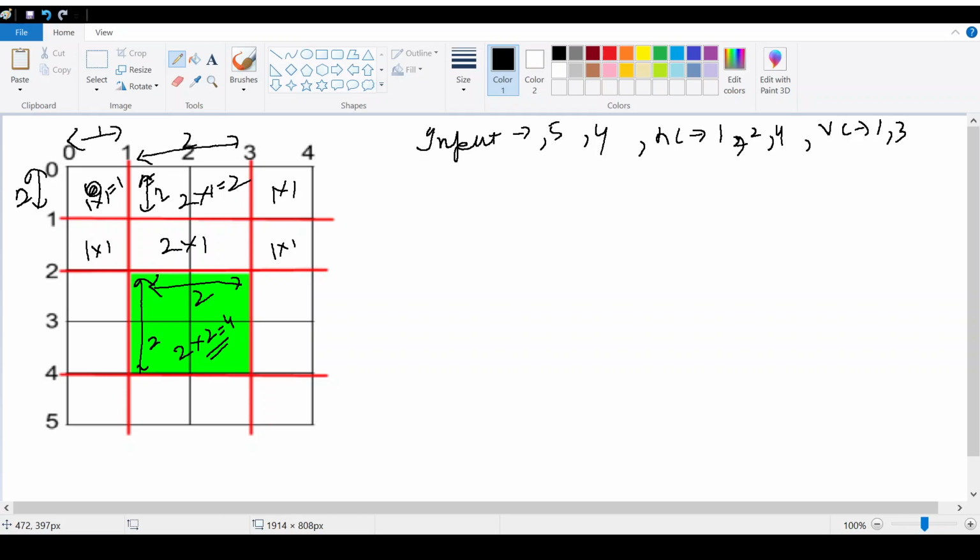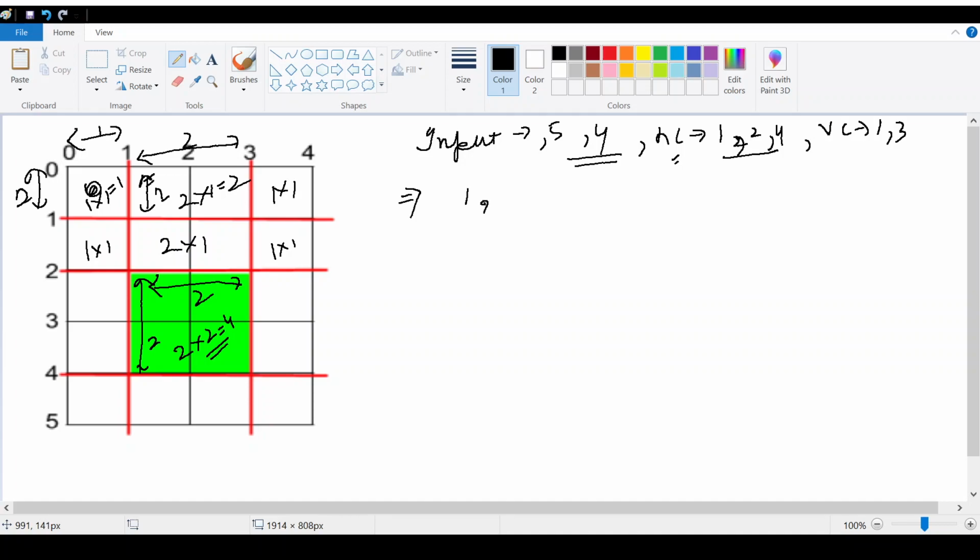So now the question is how we will calculate this maximum height and width from the inputs. If we take these inputs, the maximum height can be calculated from the horizontal cuts. So for this we will iterate through the horizontal cuts array. We will take the first element as it is, 1.